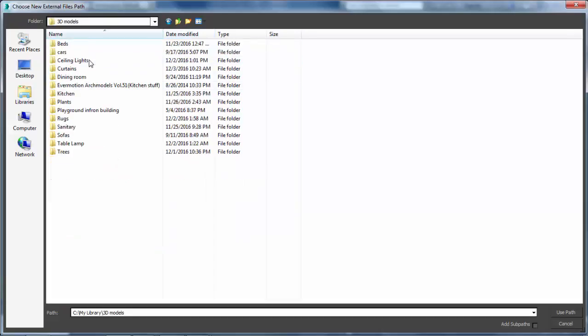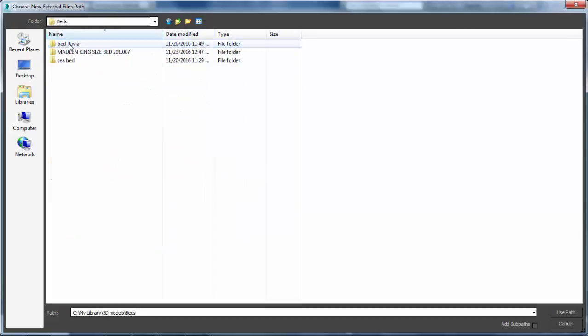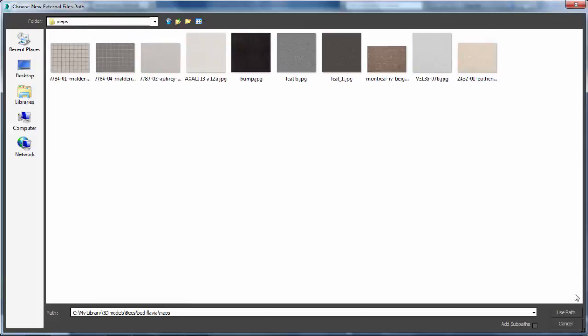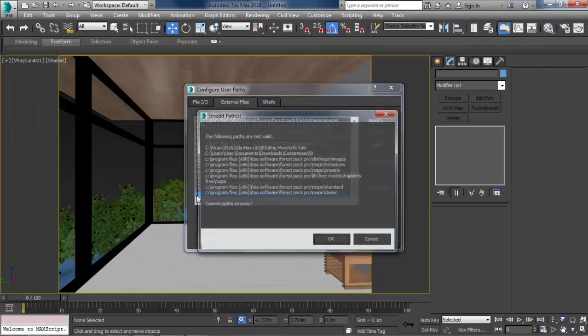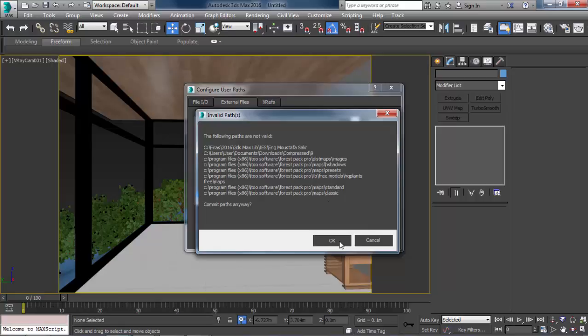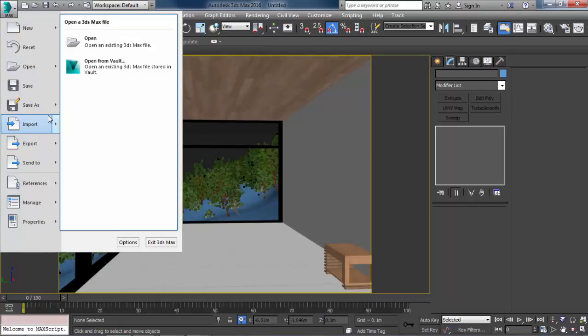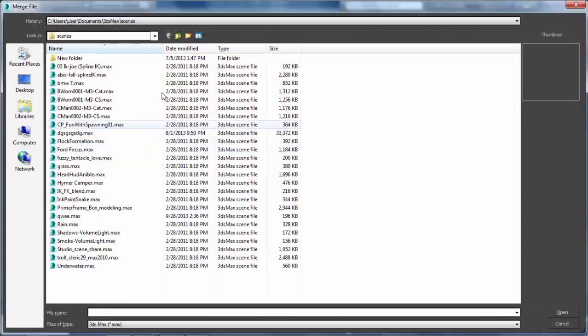So my library, I have it here in beds, bed Flavia. So I have the maps here. Make sure that you use this path before you merge the bed, so that the bed has all its textures. Yeah, so let's import, merge.